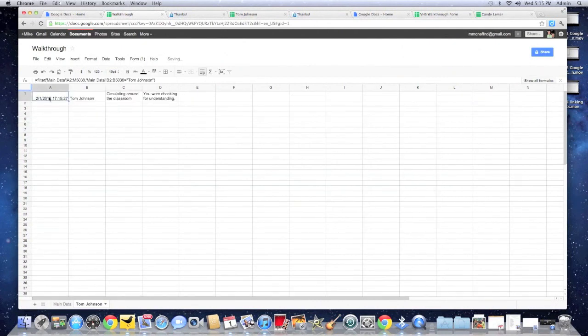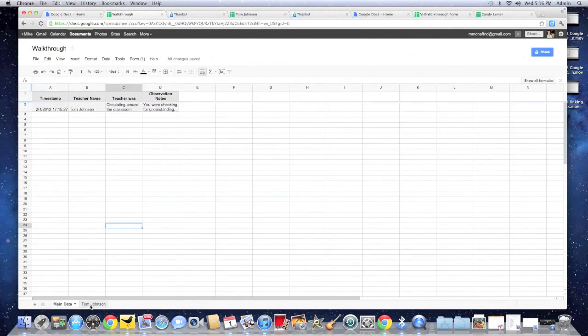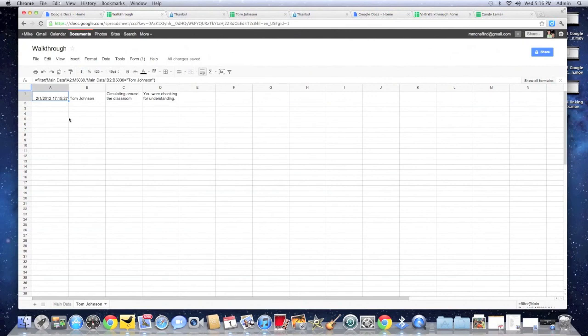What I want you to do, you're going to need to click on A1, and you'll need to basically put this entire formula in A1 in order to pull this data from the main data sheet. I'm going to put this link up on my website just to make sure you know where to go or know how to do this, because this is very important. If you don't put this in, it's not going to ever pull data from your main sheet and filter it to those individual